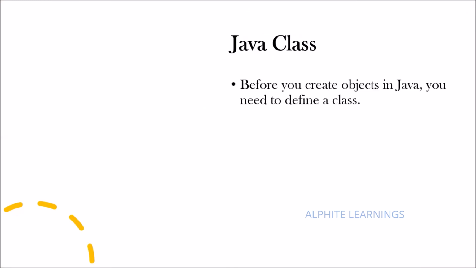So next comes the Java class. Before you create an object, you need a class, right? That is what we have done in the hands-on. We create a project, then we create a class file, and only inside the class file are we creating whatever we need, whether a variable or an object. Whatever we need to perform, we are doing it inside a class. The same way, if we need to create some object, we need a class.